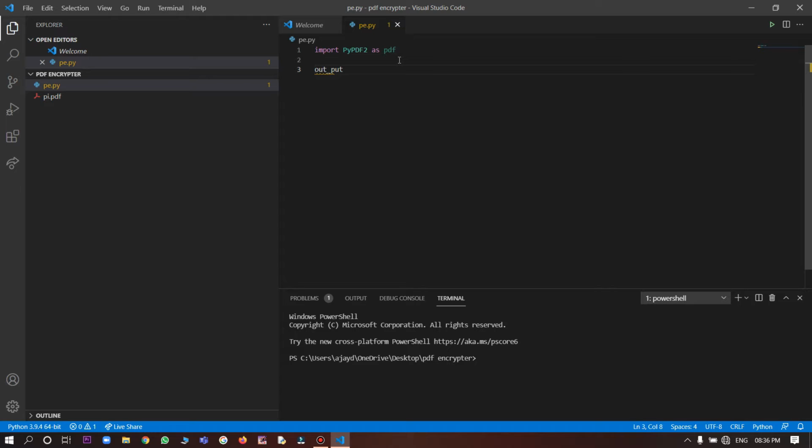output equal to PDF file writer and put brackets, and click on read PDF equal to PDF file reader